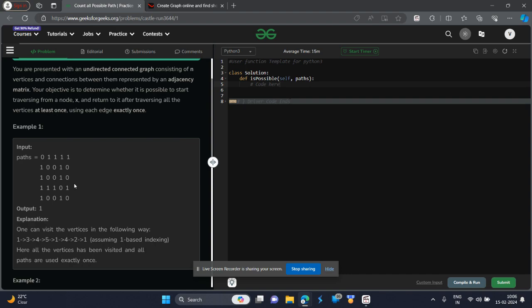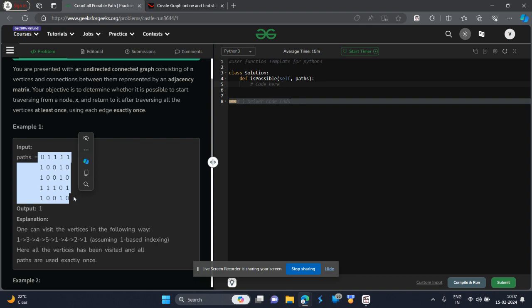First, we have to consider only the non-zero elements. In this question, the path is given as an adjacency matrix, adjacency list. We have to see only the non-zero elements, which is the one element in this question. Cool. Second, for those non-zero elements, the